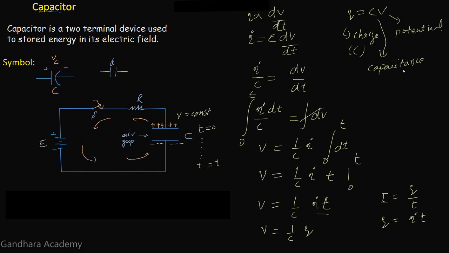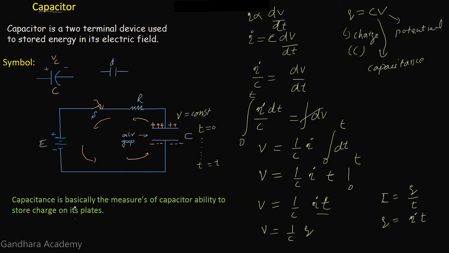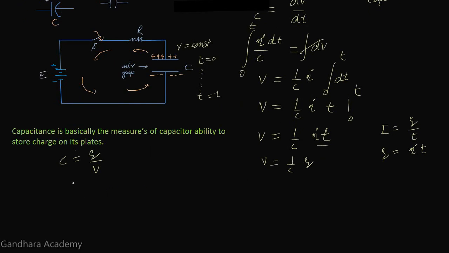Now what is capacitance? Capacitance is basically the measure of a capacitor's ability to store charge, or simply we can say that the storage capacity of a capacitor is known as capacitance. And from the above equation we get C equal to Q divided by V. The unit used to calculate the capacitance of any capacitor is the farad, which is represented by F. Generally the farad is a larger unit, so microfarad, nanofarad and picofarad are also used to measure the capacitance of any